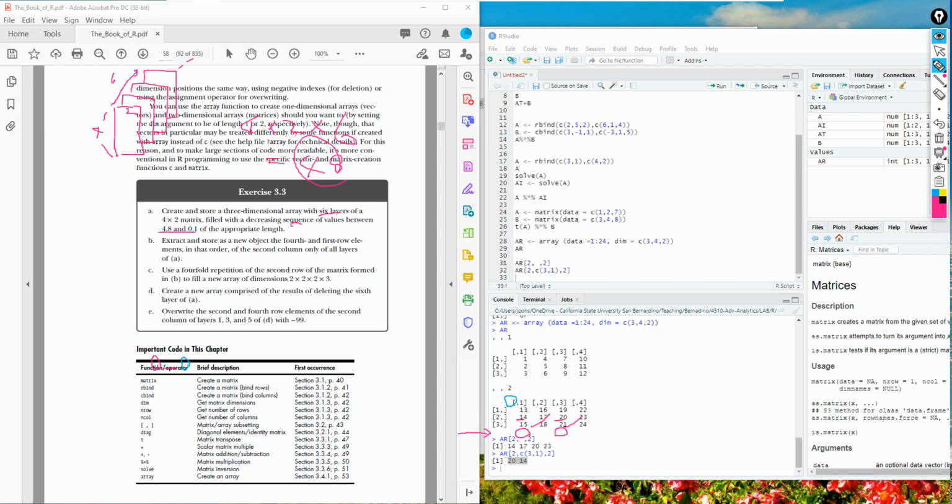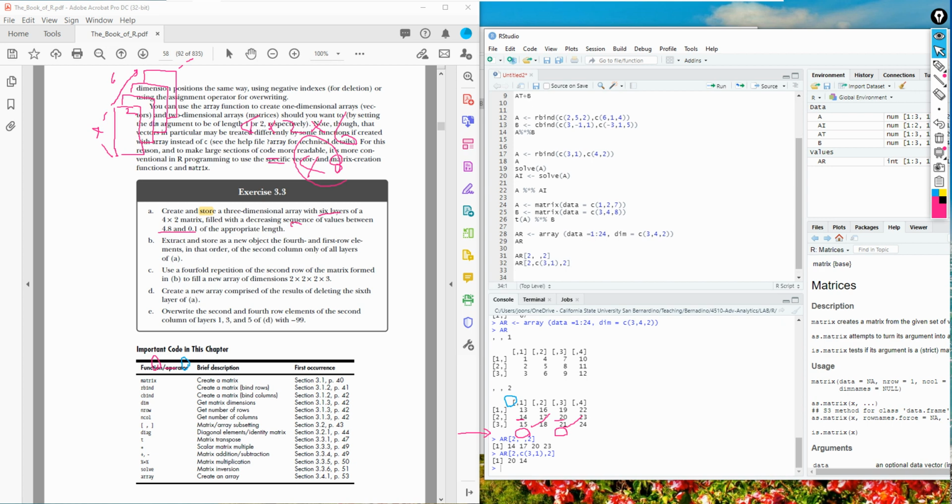Okay, so first we need to create and store this, so we need to use a variable. Let's just use any variable name. I'll say CR.